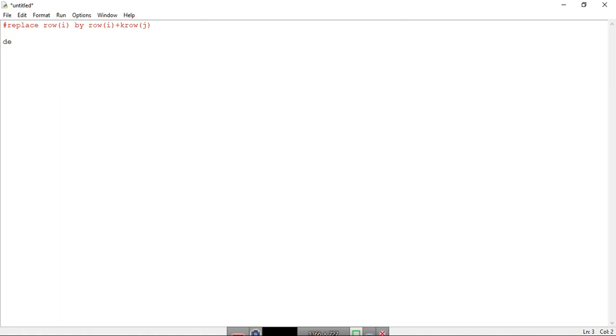Right, let us define first. Now what we need is matrix A, the rows A and B, and the scalar k. So there are four components here. So define, let us write sum R, the sum of the rows after adding and multiplying. You can write anything over there.